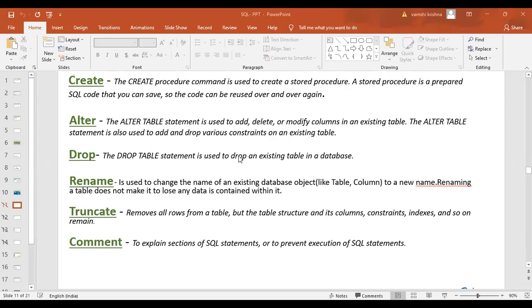Ma'am, sorry to interrupt. The create procedure command is used to create a stored procedure. It means he's also extracting the data, or making a new one? Look, I'll tell you one thing, sir. Let's assume you have a retail store, and every day morning you want to view the Will Smith record.